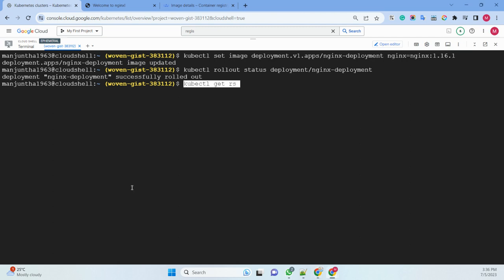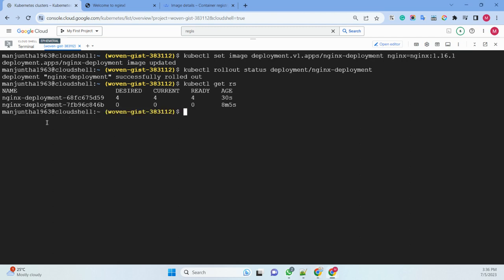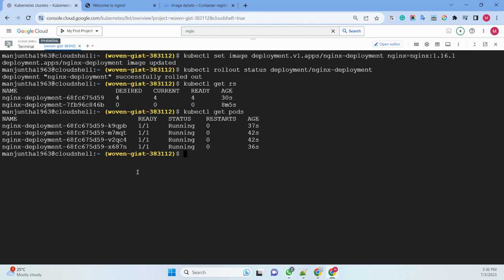Let's see how many replicas it is running. Okay, it is 4, and this is the old deployment. This is the new deployment. Okay, let me verify it. The pod also. Okay, it is running. You can describe the deployment also. Okay. So now,